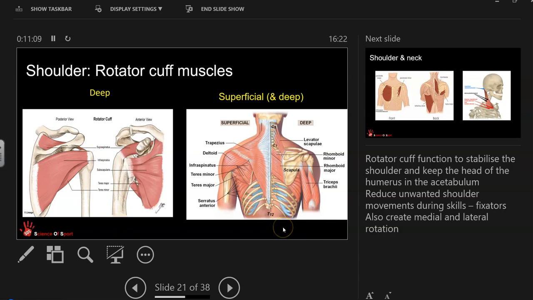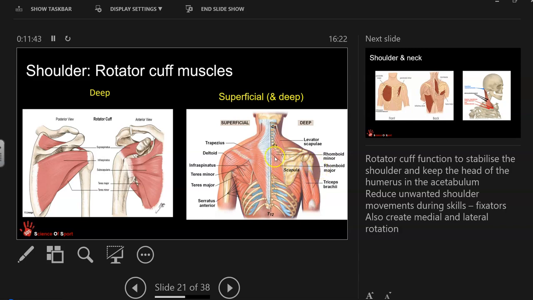On the right here we can see another diagram that looks actually quite complicated. It's divided into two halves to show the more superficial muscles, the muscles that are more on the skin surface, if you like, so deltoid, trapezius. Beneath that, so slightly deeper than the surface, are the rotator cuff muscles, teres minor, and again beneath that, serratus anterior. The deeper muscles, so muscles that are away from the skin surface, more towards the centre of the body,